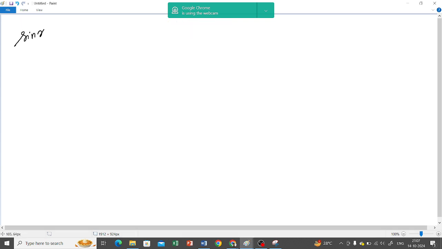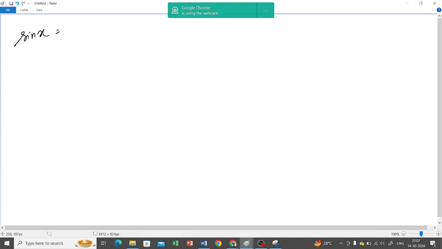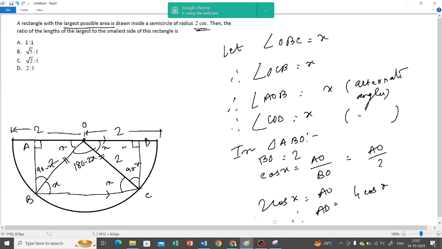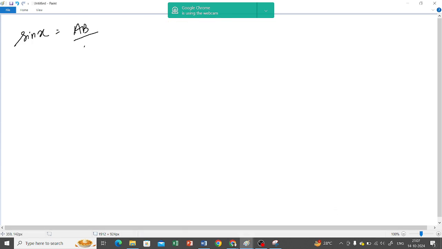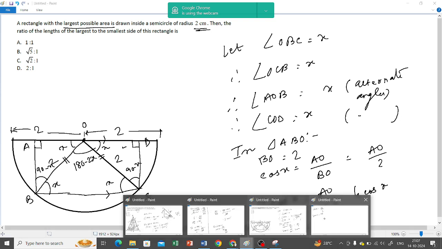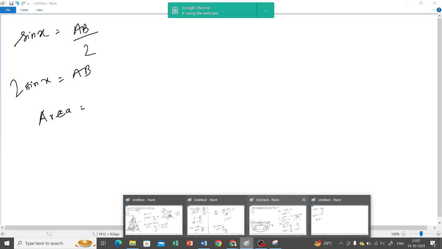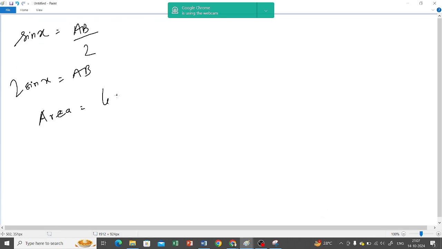তাহলে sin x, perpendicular, that is AB, perpendicular by hypotenuse, that is 2। ঠিক আছে, ব্রেথ পেয়ে গেলাম। তাহলে এরিয়াটা কি হবে? লেন্থ ইন্টু ব্রেথ। লেন্থটা কত? 4 cos x, আর ব্রেথটা কত? 2 sin x, তাই তো? যেটা হলো 8 cos x sin x।